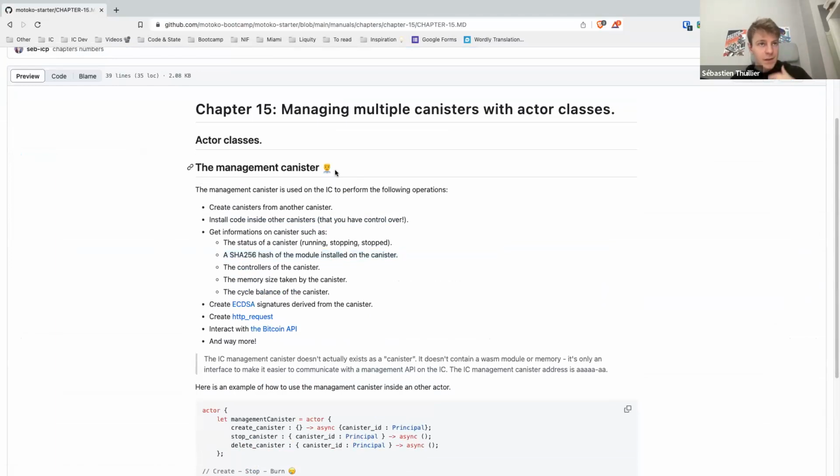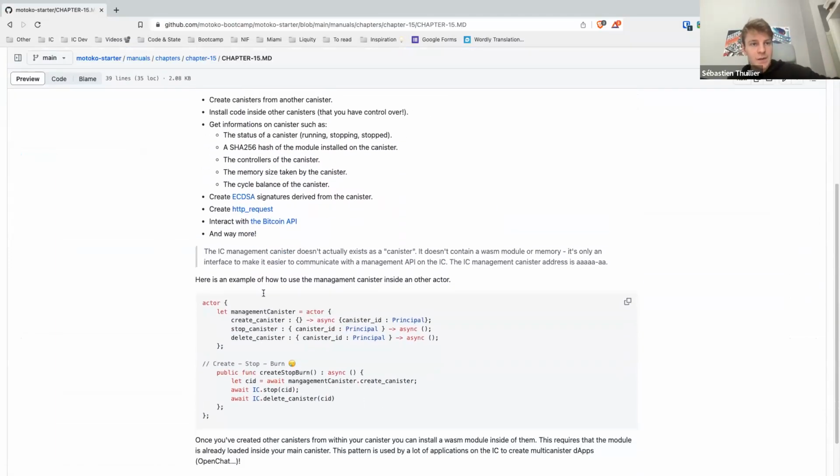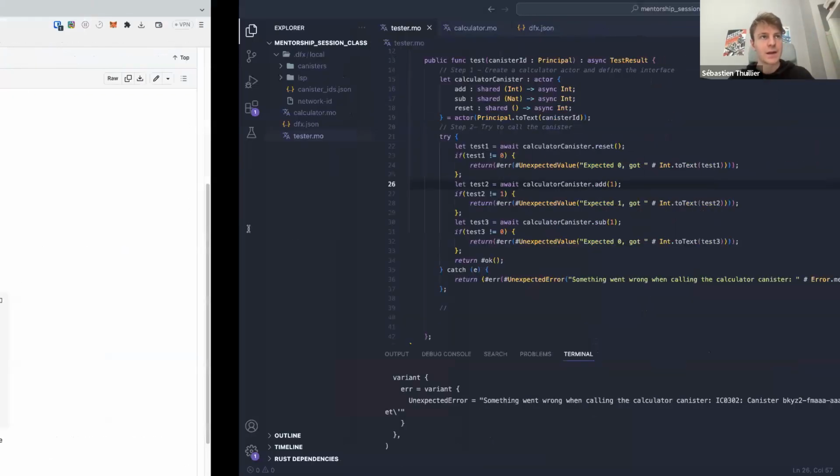The management canister is an interface that is defined as another canister. So it's like calling another canister, but actually it's not really a canister. It's more of a facade, well, an interface for the Internet Computer itself to be able to manage. And so with the management canister, which is also defined in